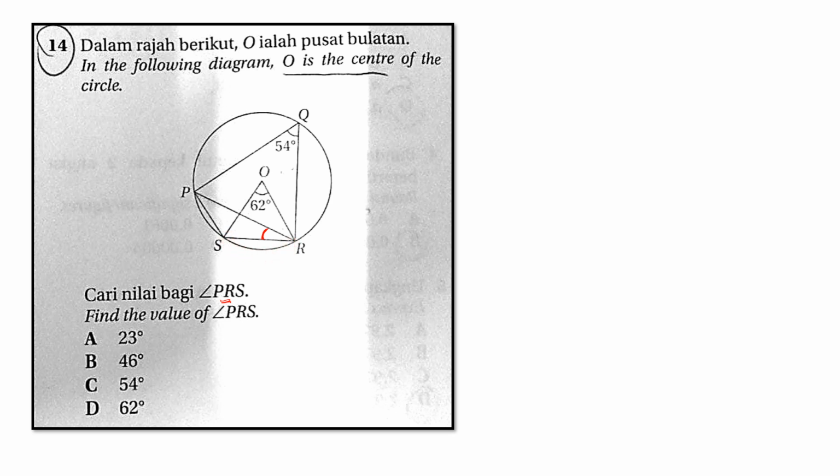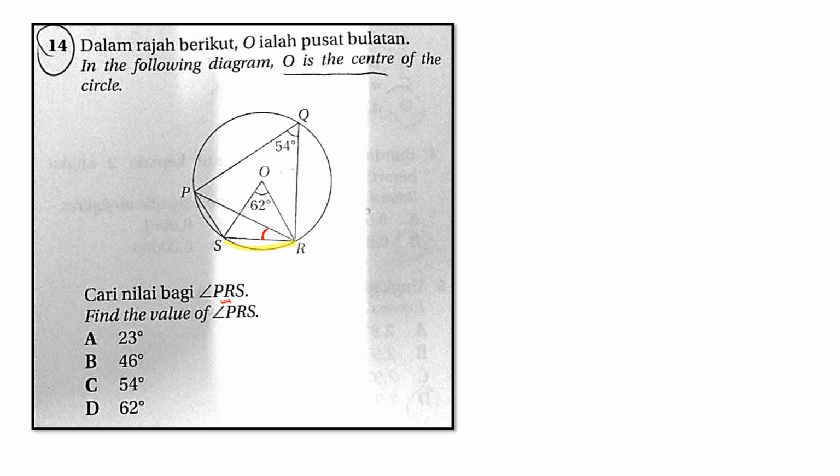So this arc R to S forms the 62-degree angle, and this 62-degree angle is at the center. Now from the same arc RS, if I extend this line to the circumference, I can get another angle. So this angle over here,